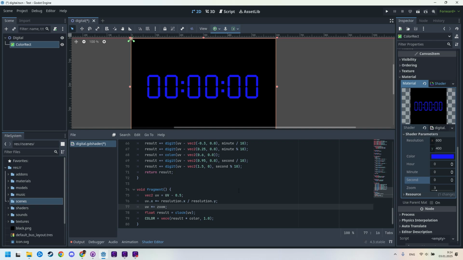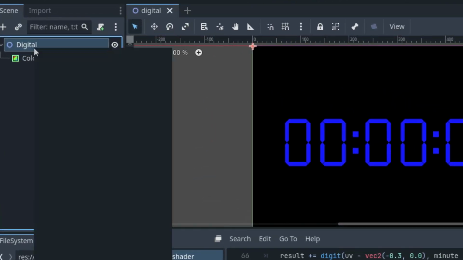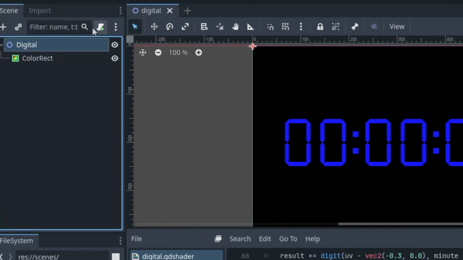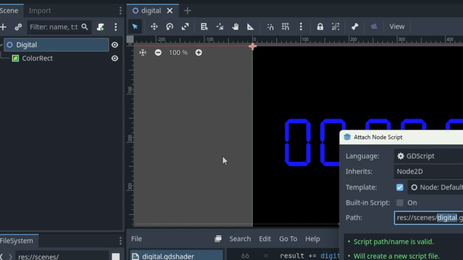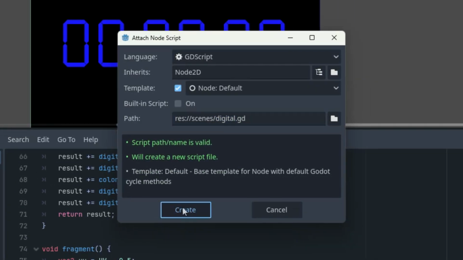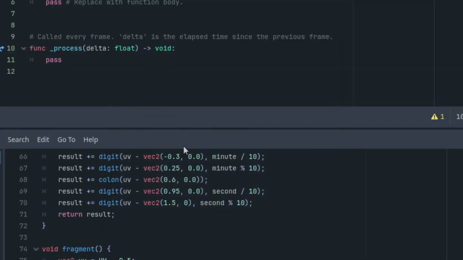Some GLSL implementations allow access to the internal variable date, but in Godot, such functionality isn't available. Furthermore, we'd like to keep the option to set any time we want, depending on what our game requires. We'll solve this easily by adding a script to the root node of our scene. I'll do it here, so right click or simply click in this icon. Let's call it digital.gd, sure, create. Now it opens and